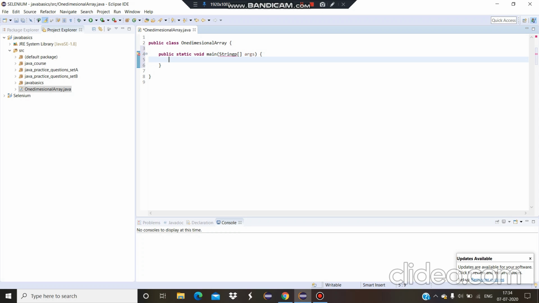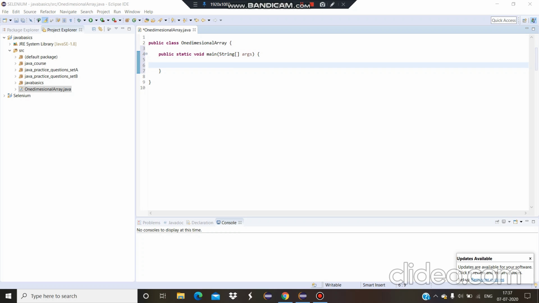You can store only homogeneous values, meaning that if you want to store the details of the student pertaining to their IDs, it is an int data type. So you can store in one array only the details of the ID, and not the ID, name, etc. in one array as a combination. So if you are declaring an array as int data type, you can use it as an int array, and the value stored under it will be considered only as an int, not a float, double, string, etc. So it is called homogeneous values.